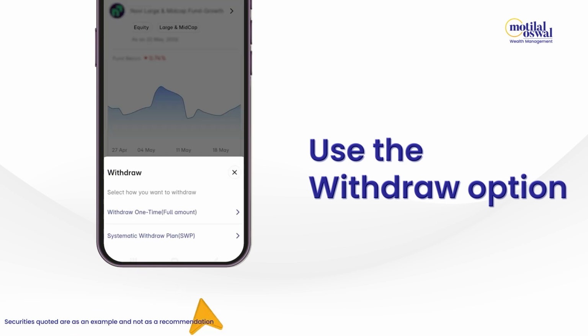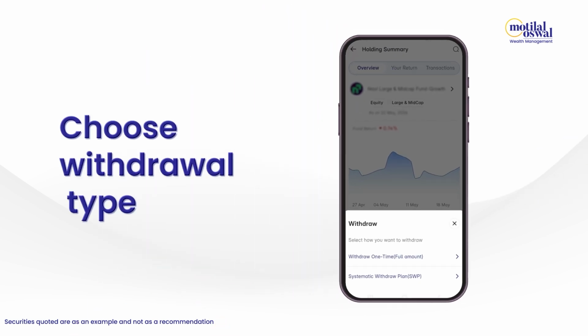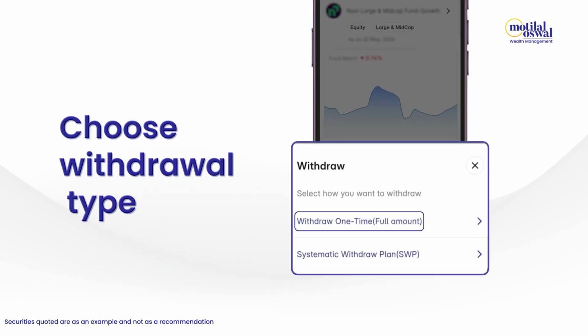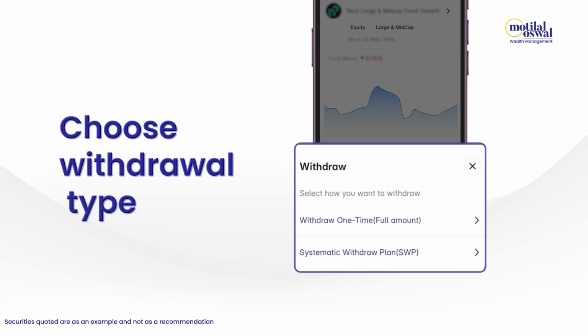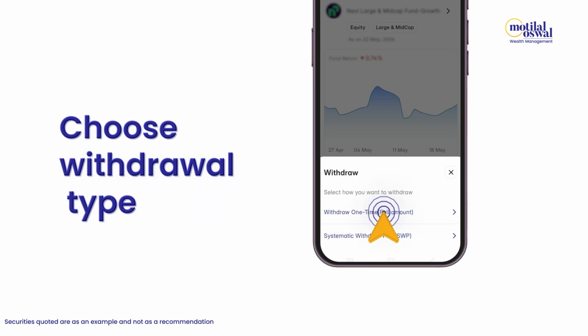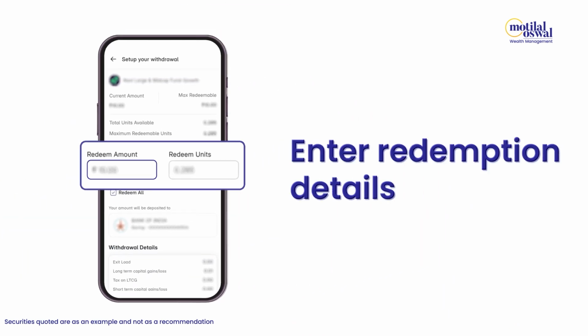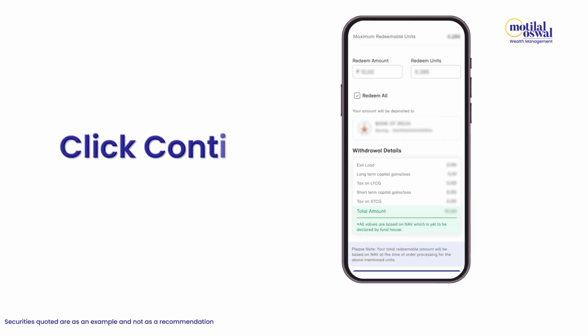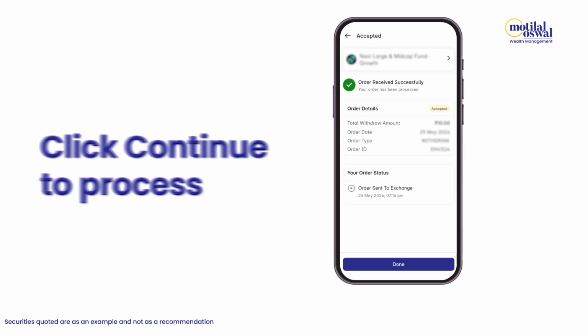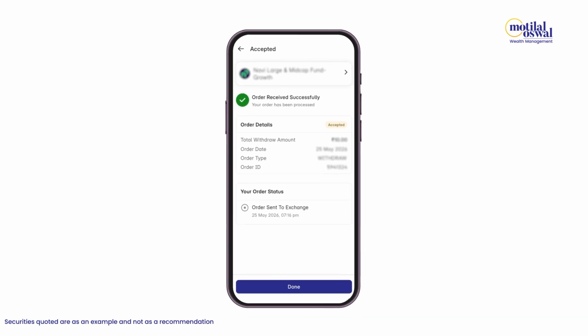Click on that. You can then choose between two withdrawal options: one-time withdrawal for a lump sum exit or Systematic Withdrawal Plan (SWP) for regular periodic withdrawals. Once you've made your selection, enter the amount or number of units you wish to redeem depending on your preference. When you're ready, just click on Continue and your transaction will be processed with the funds getting transferred to your